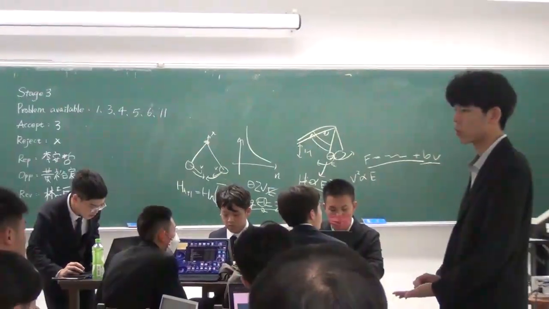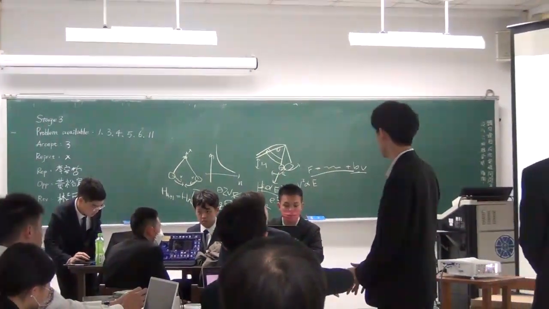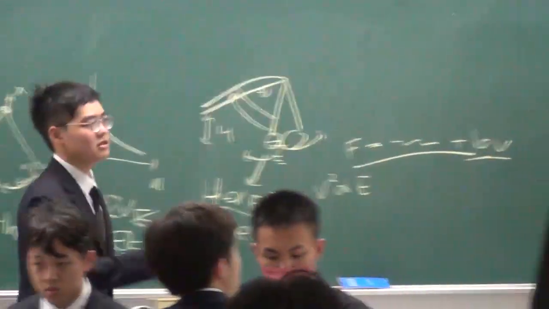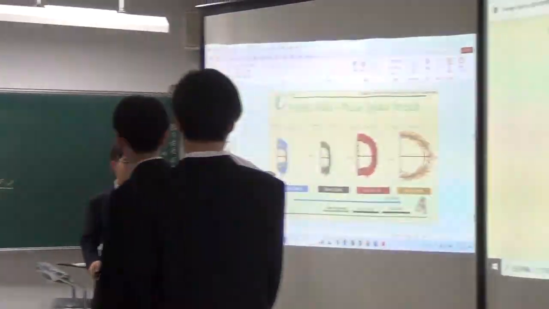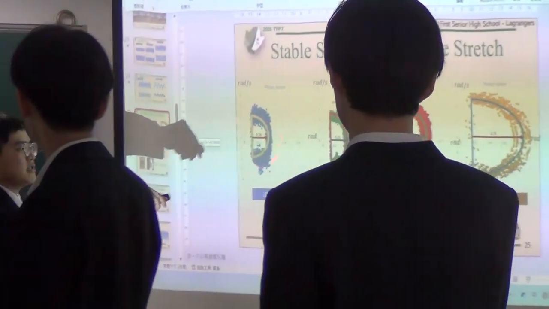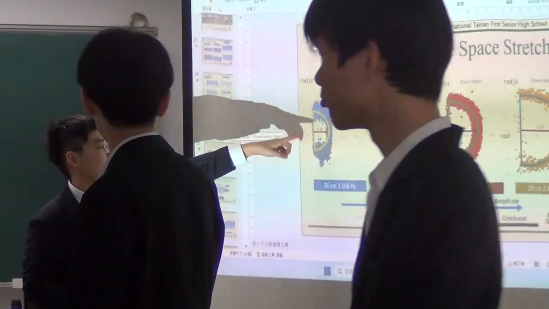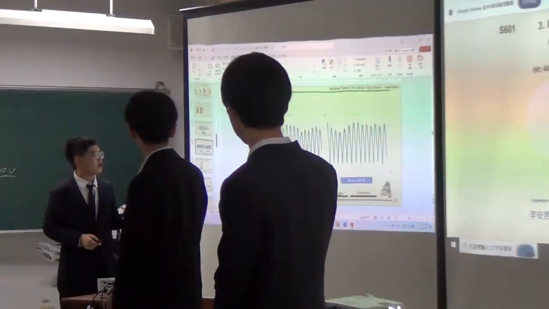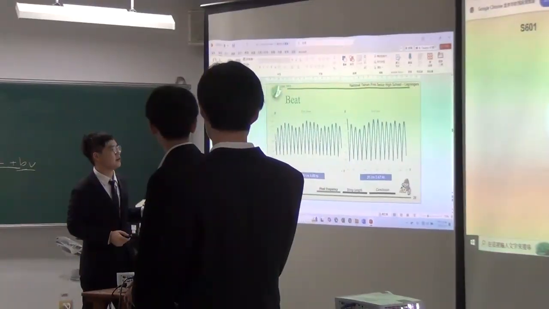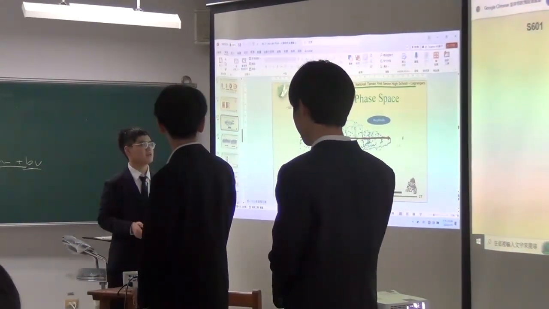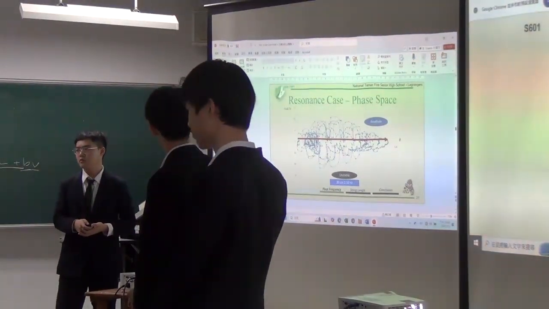I did not use the Konopnik exponent to classify the stable and unstable case. I used the phase space bracket. And as you can see right here, it is very stable around this with this diagram. And for a resonance case, right here, this is very noisy. So I think that this is unstable.